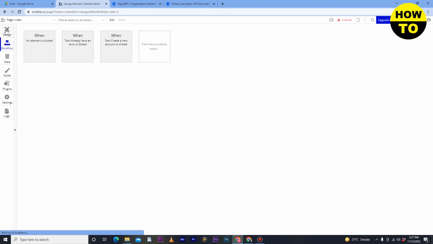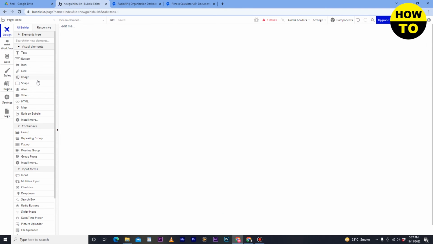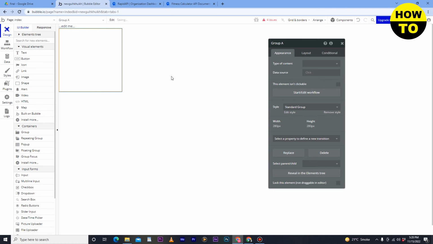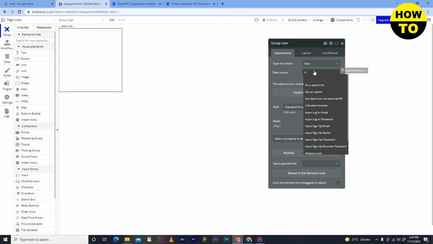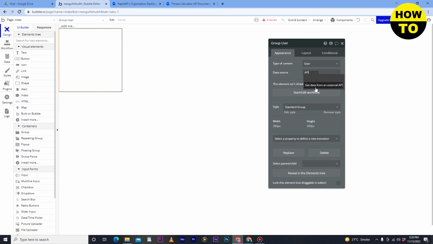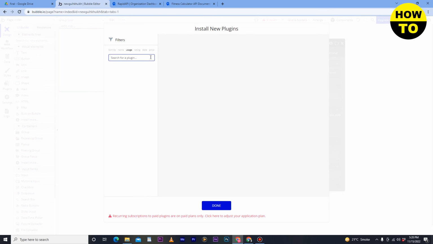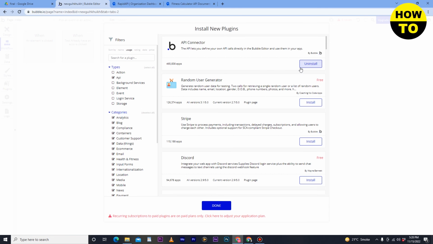After that just go back to the designer page. Now search for groups, and if you want to change the appearance of the group, you can see the type of content here. You can also add the data source. So we have type API, get data from external API provider. I already added the API, so simply go back to